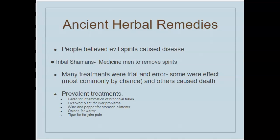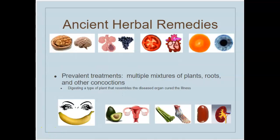Now, when we look at herbal remedies that they say actually have value, these are some of them. They say walnuts for the brain, and they say multiple mixtures of plants and roots and other concoctions can help different diseases. But I like this image because I know we all have probably heard,